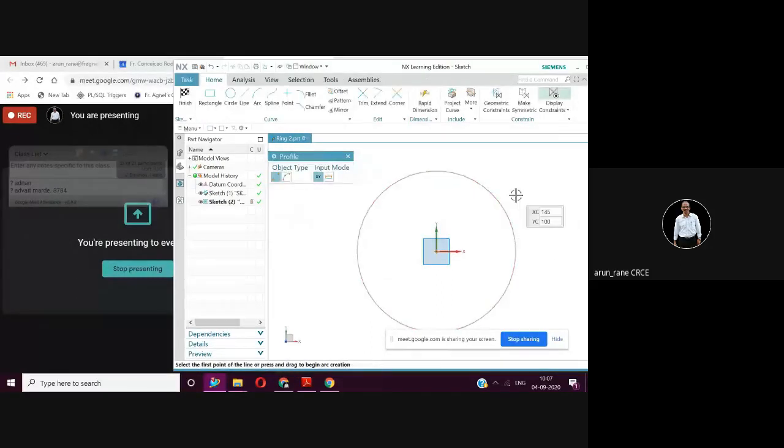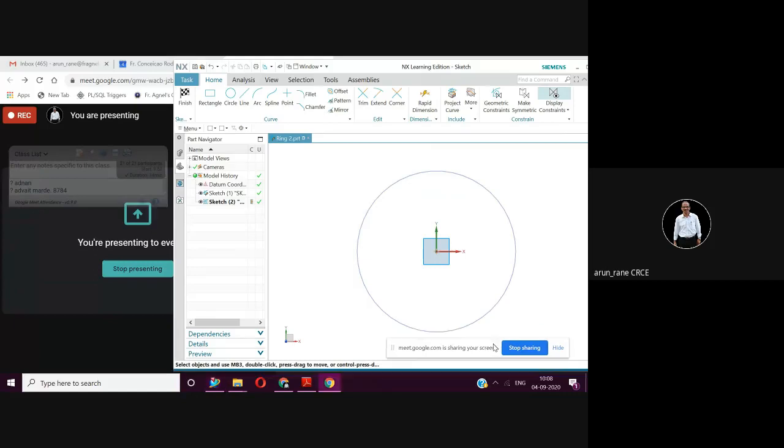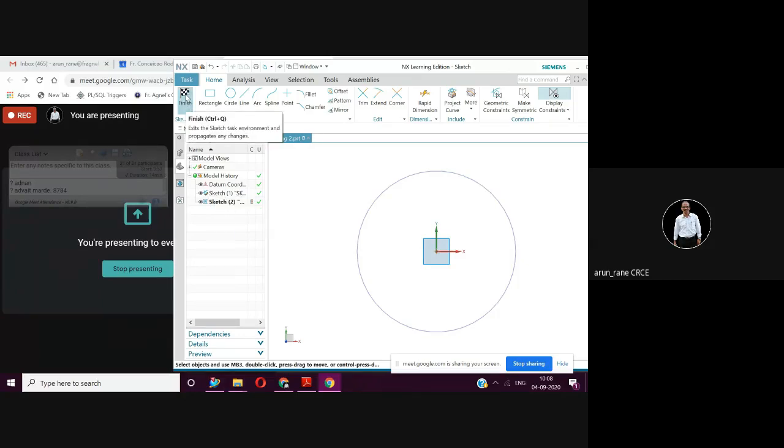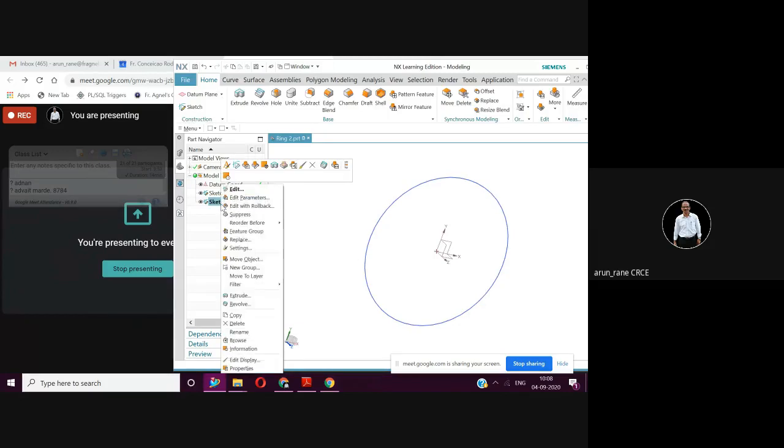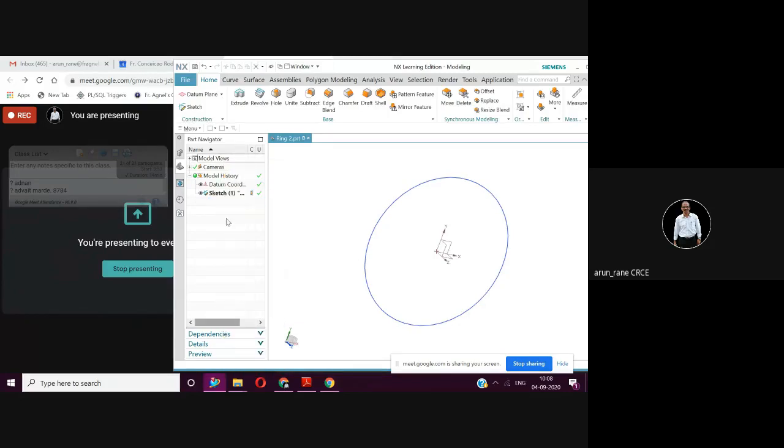Say okay. Now this is the circle. The diameter of this circle is 286. This circle has been drawn. Let me delete this sketch and let's go to sketch 1.